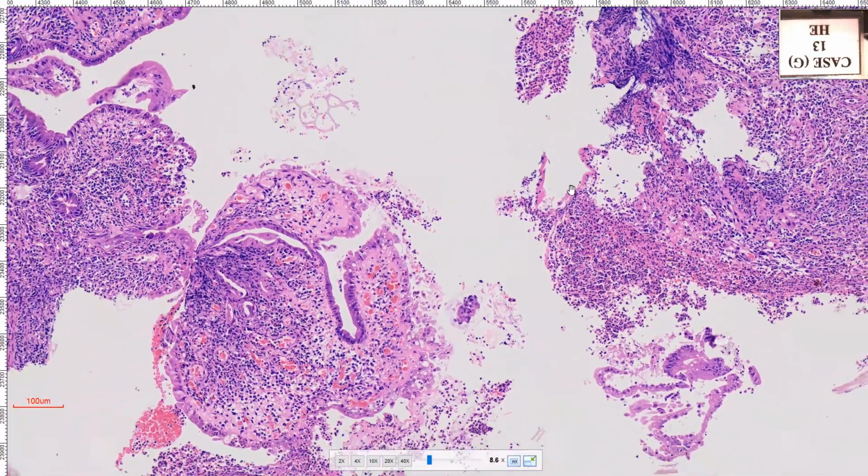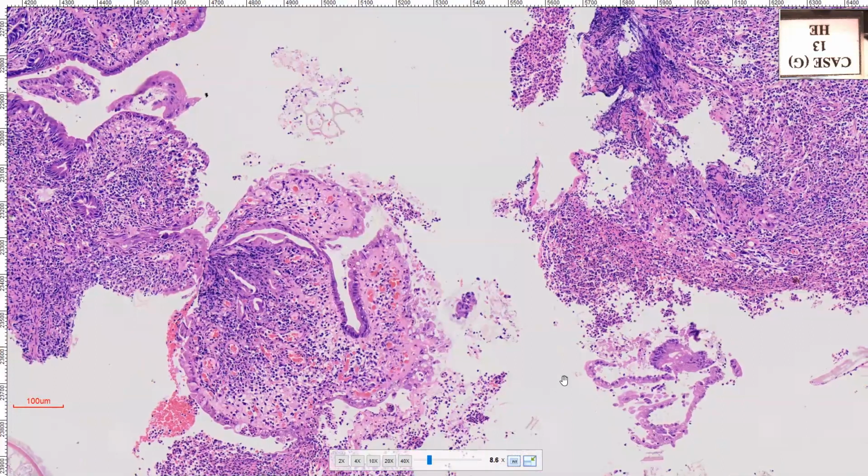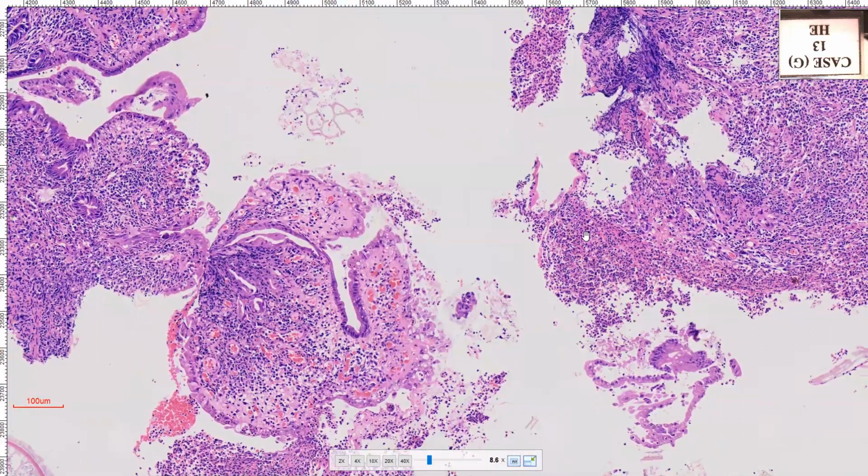Some people also use the Geboes score, but the Nancy system is easy to follow, and it says that if you have ulceration on the biopsy tissue, that is in itself a grade 4 of the chronic biopsy. So if you have ulceration, it is a grade 4, that is a severe activity of ulcerative colitis. And if you have activity, you call it whether it is mild or moderate. You call it moderate when more than 50% of the crypts are involved, and you call it mild when you have less than 50% crypt involvement. So based on your activity, you call it mild or moderate depending upon the number of crypts that are involved. And if you have an ulceration, you just call it a severe activity.